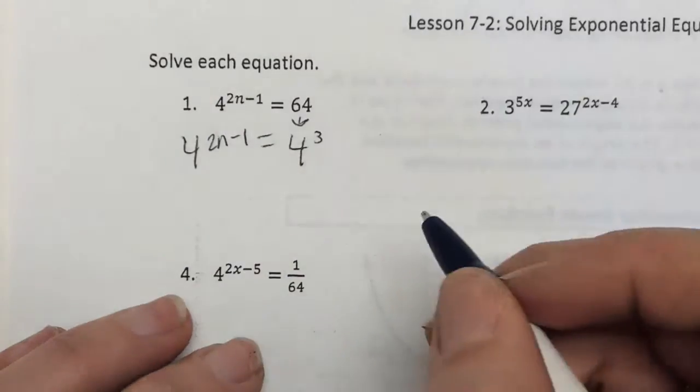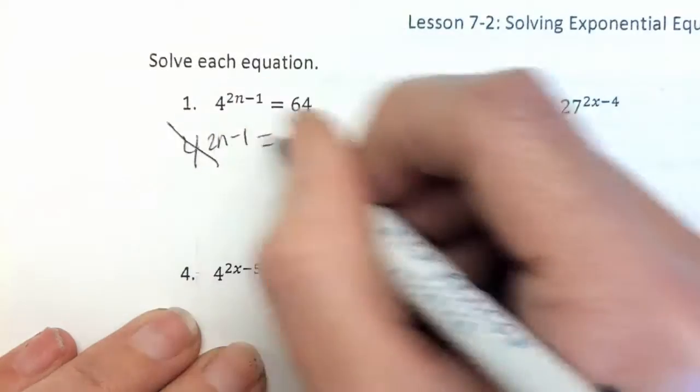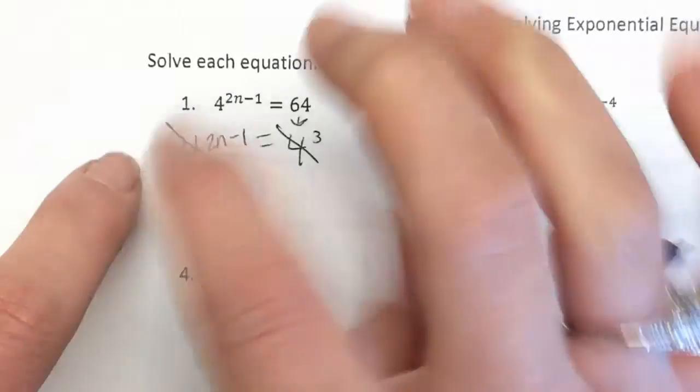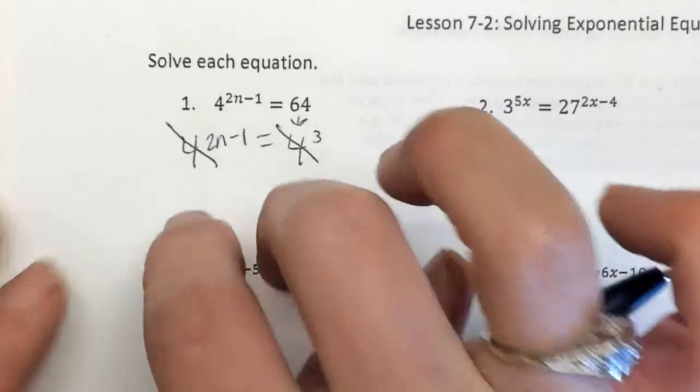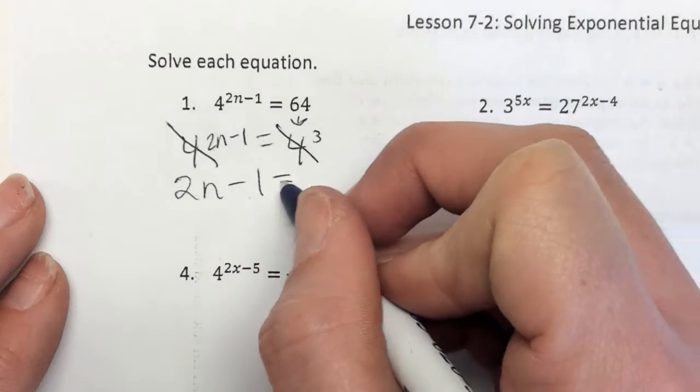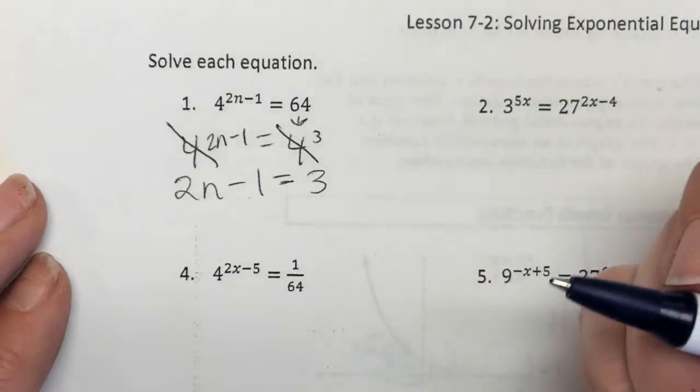Now they have the same base, so what we can do here is cross out the 4's and set the exponents equal to one another. You can only do this when they have the same base. So the exponents would be 2n minus 1 equals 3,